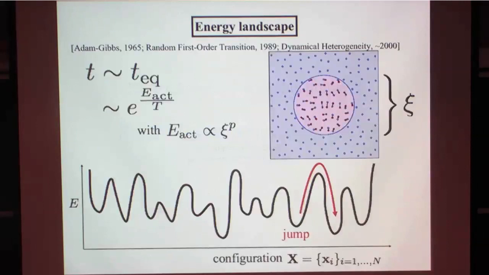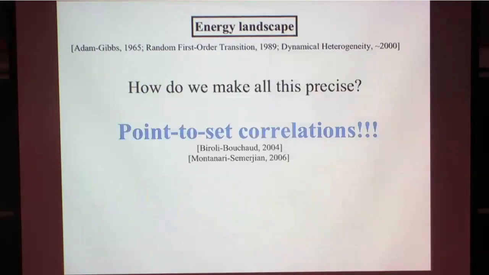This notion of the energy landscape has been pretty nicely worked out in a mean field limit. Mark discussed spin glasses in a mean field setup, but once you go into the finite dimensional world that we live in, this kind of picture starts to be problematic. For example, for a molecular system, this kind of rearrangement, if you look in a microscope sample, is happening all the time. So you're really never at the local minimum, but always jumping around in this energy landscape. How do we make sense of that? How do we make this notion of landscape precise?